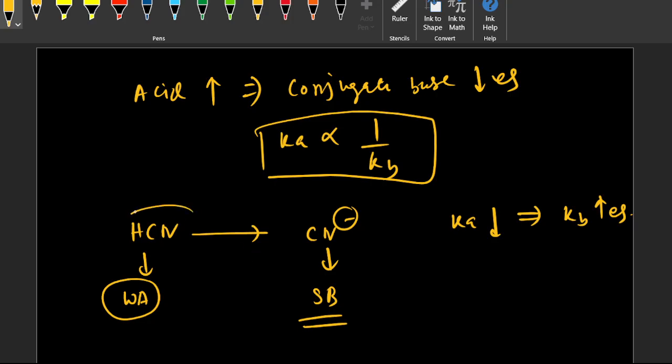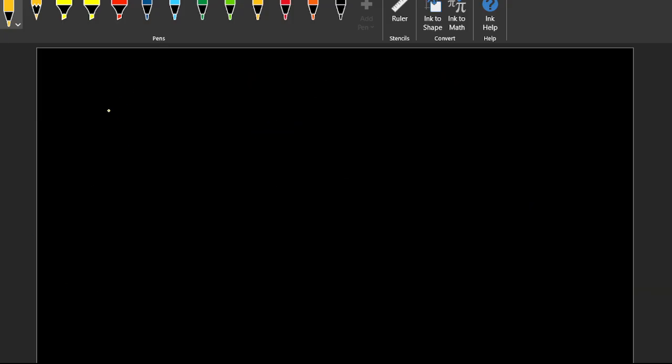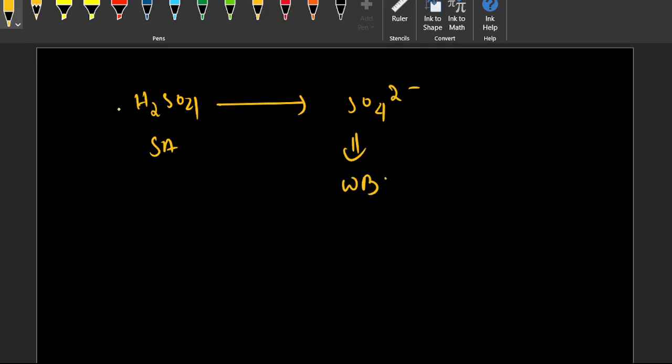So if HCN is a weak acid, then its conjugate base will be a strong base. Similarly, H2SO4 is a strong acid, so its conjugate base will be SO4 2 minus, and this will be a weak base, because if it is a strong acid, then its conjugate base will be weak,